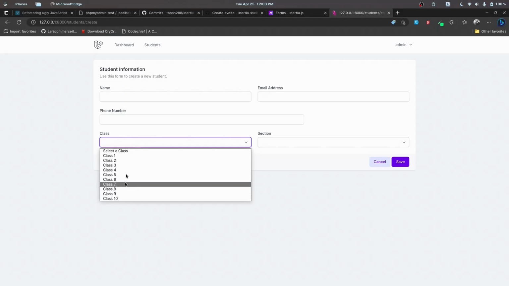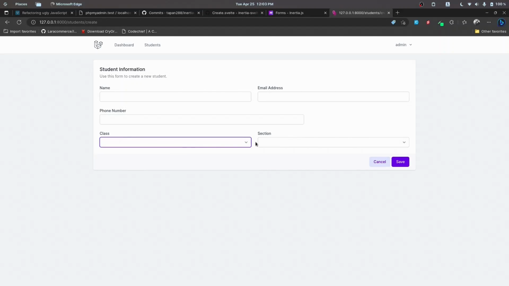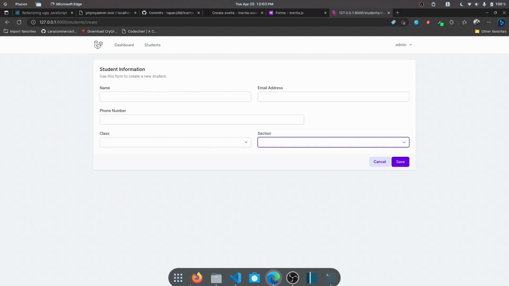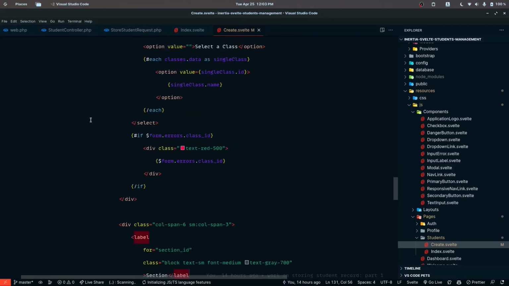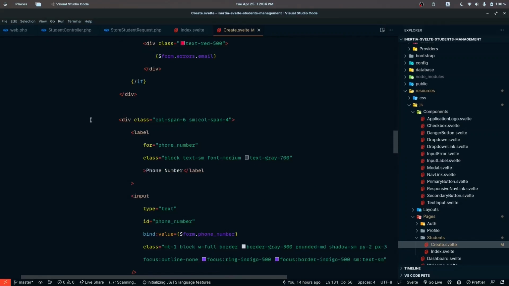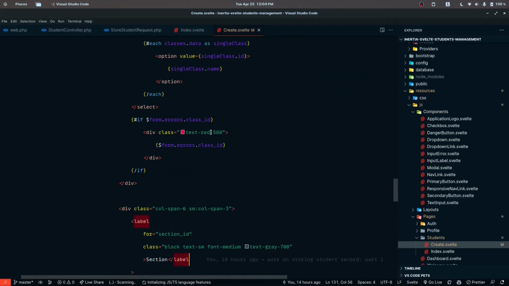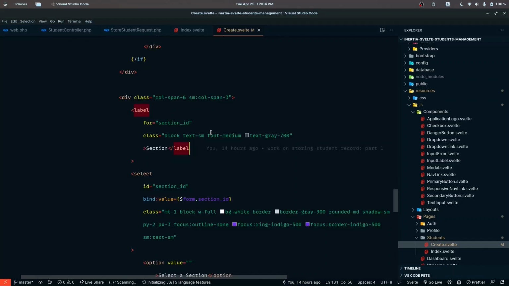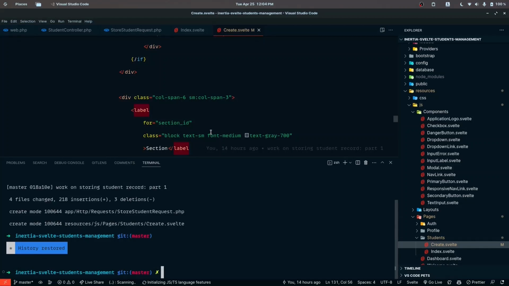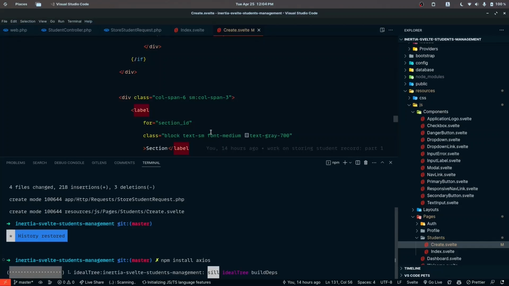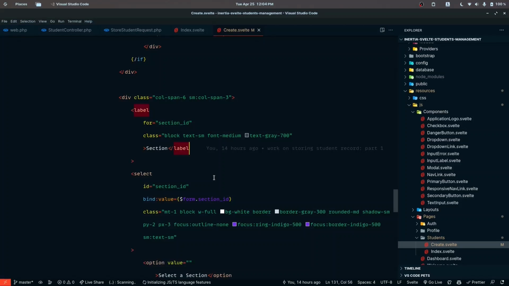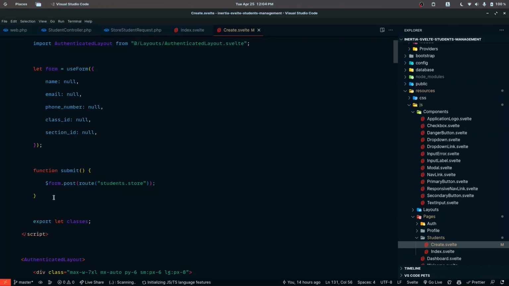Okay, as you can see, we have these classes displayed in here, and for the section we are going to implement an API. So we'll make an API call whenever the section or the class data changes. So for that I'm going to use Axios. So let's just install Axios, and while that is installing, let's define a function in here, and let's name it